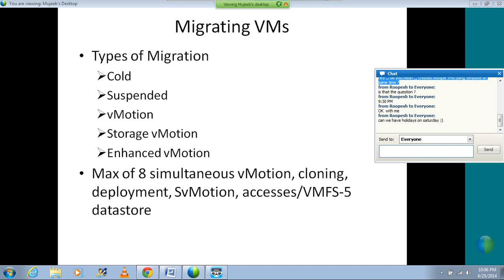Okay, fine, guys. Now I'm explaining again. We'll try to understand the migrations. There are a total of 5 types of migrations. That means migrating a running virtual machine from one host to another host, or migrating the virtual machine's data from one data store to another data store. The first one is called cold migration. In cold migration, the virtual machine is in